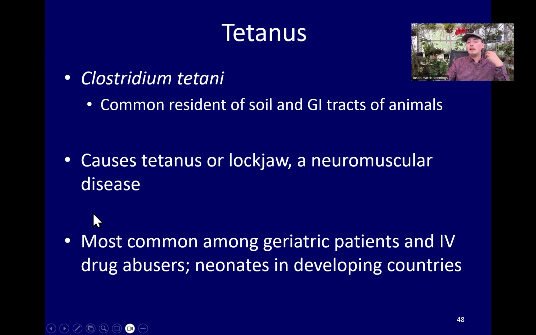And then it can grow under very specific circumstances, and it can secrete this toxin that can cause systemic neuromuscular issues where you're having severe contraction and tightening of your muscles. And this is typically heard of at first within your jaw and known as lockjaw. And if the infection continues, it's going to become a systemic infection, and it'll be a whole body contraction